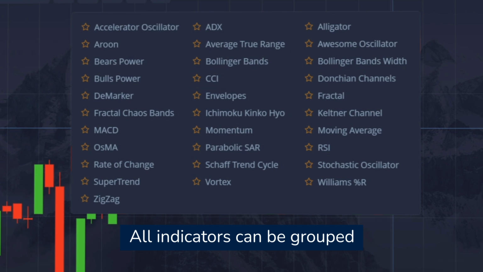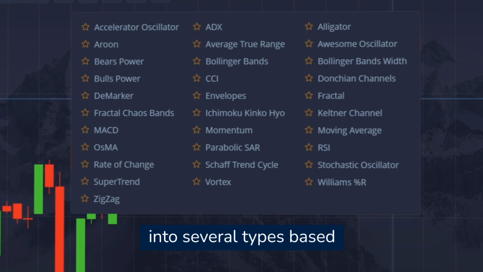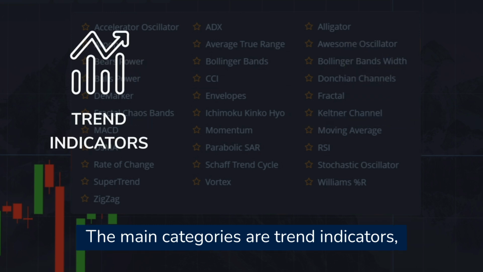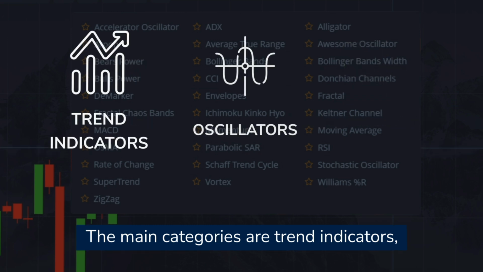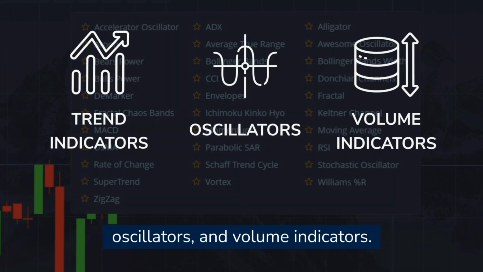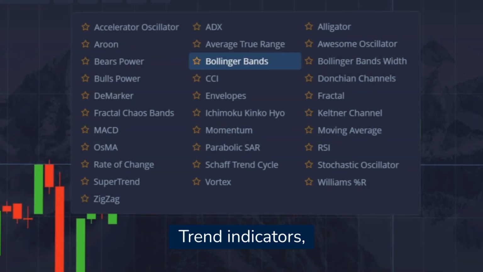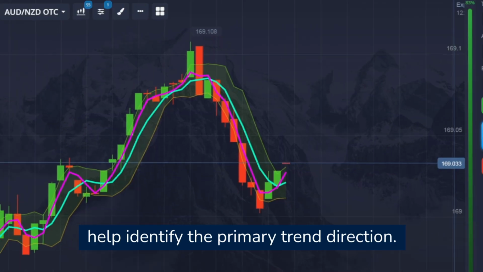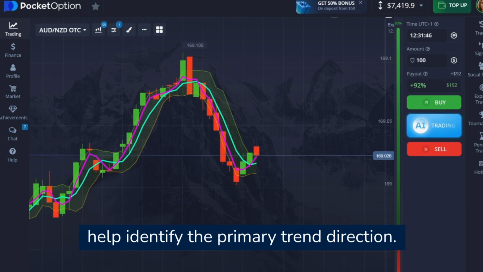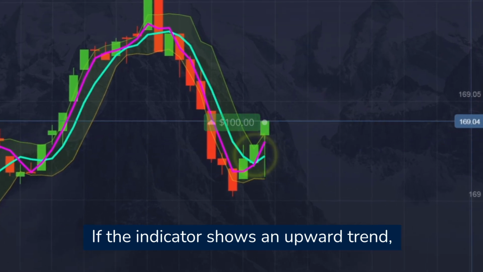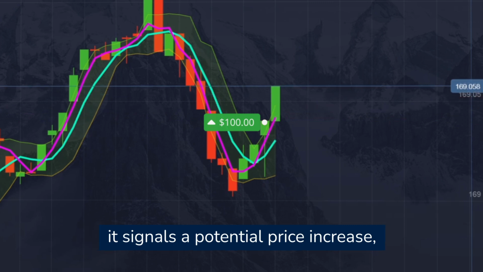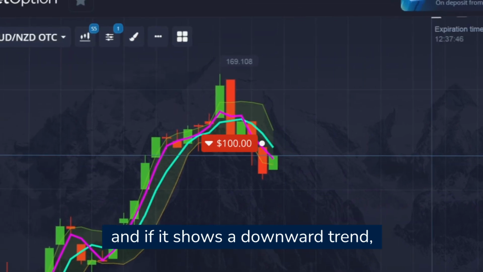All indicators can be grouped into several types based on their purposes and characteristics. The main categories are trend indicators, oscillators, and volume indicators. Trend indicators, such as moving average and Bollinger bands, help identify the primary trend direction. If the indicator shows an upward trend, it signals a potential price increase, and if it shows a downward trend,